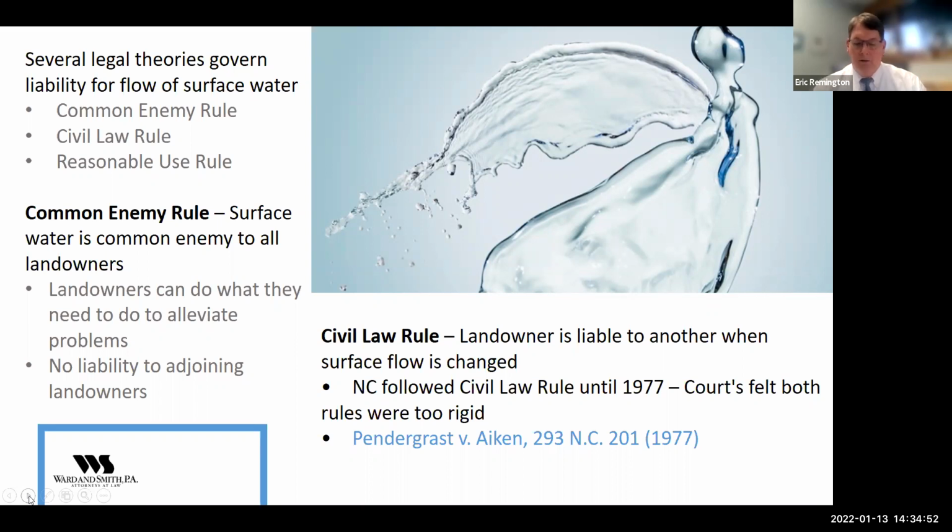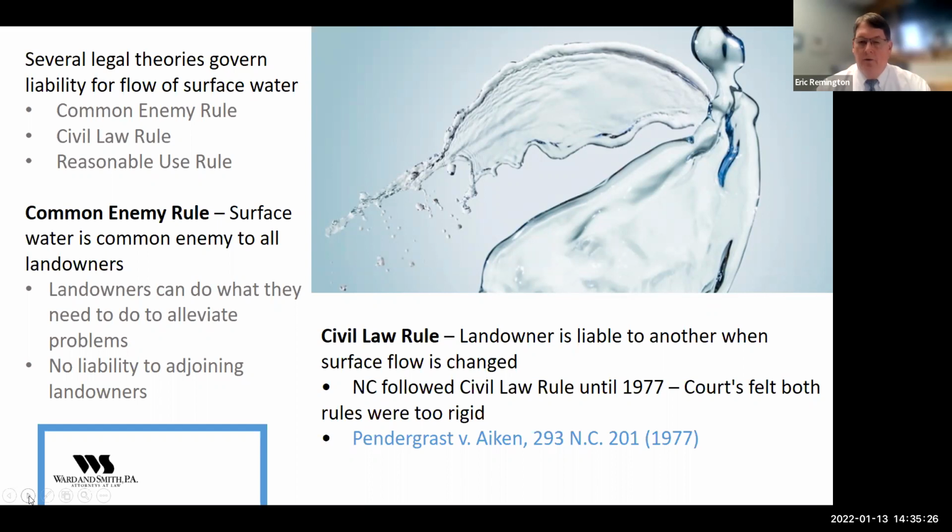So basically what ended up happening was the court looked at all of these classifications, started by discussing surface water, the difference between surface water and water courses, which are channels and streams, and found that there was really no basis for making a distinction between the two, that whether it's rain coming from the sky or water in a channel, all surface water ought to be treated the same. And then they examined each of the rules and went through an in-depth explanation of each of those.